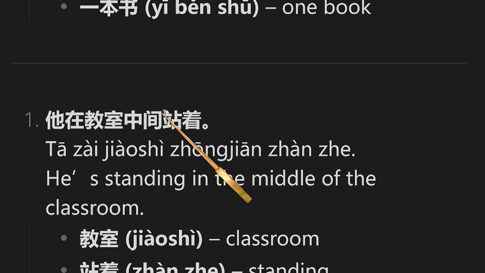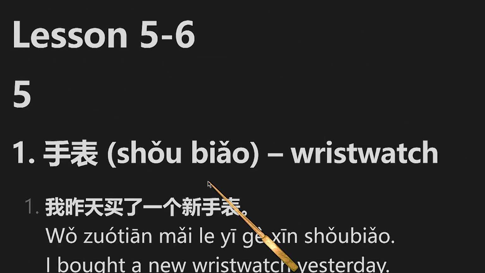So 站着, standing. So yeah, you can see here is 他 and here is the verb, but in the middle every other part. It's just Chinese grammar. 他在教室中间站着, he at the classroom center stands, or he's standing in the middle of the classroom. 他在教室中间站着。